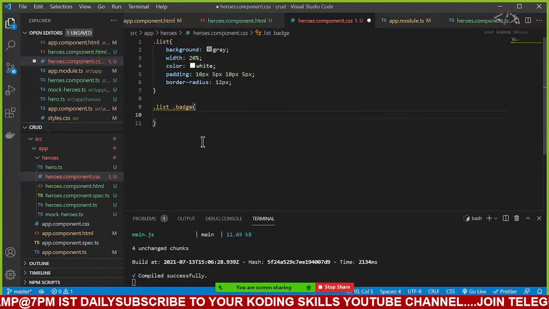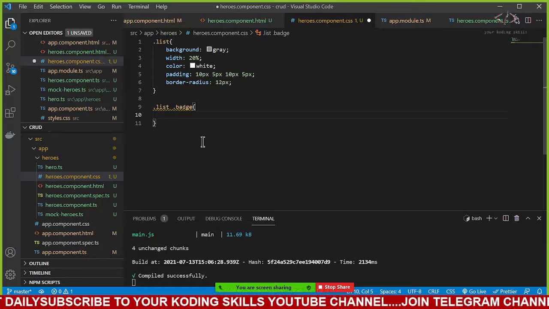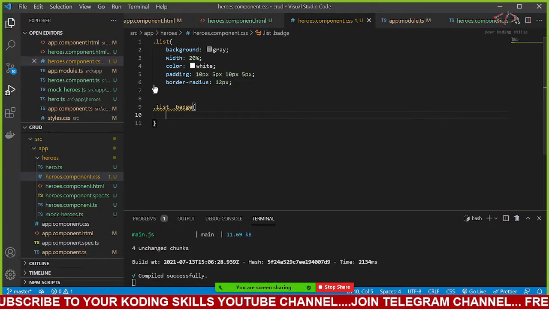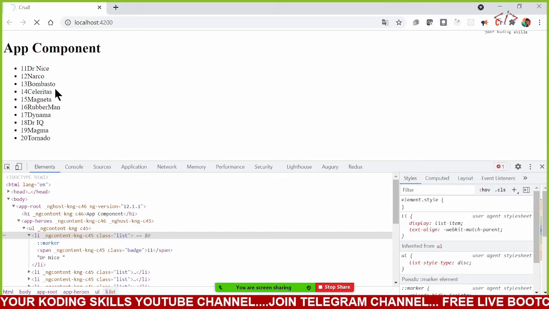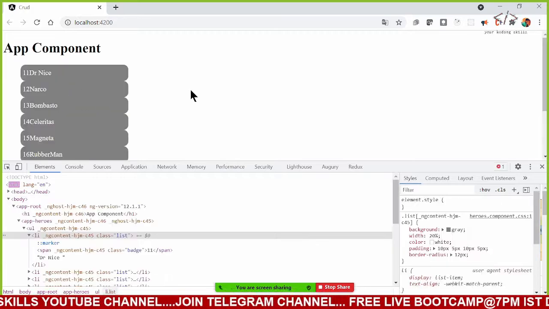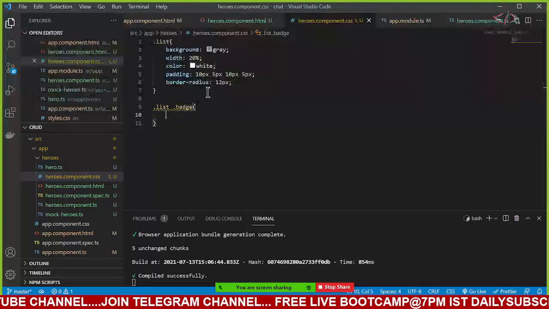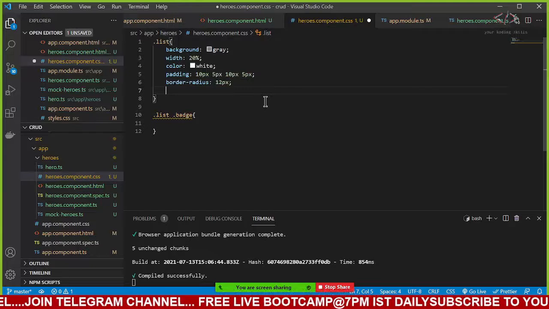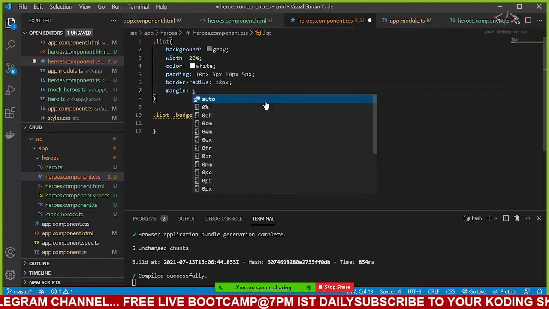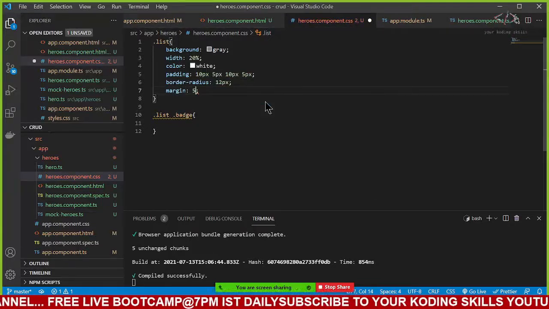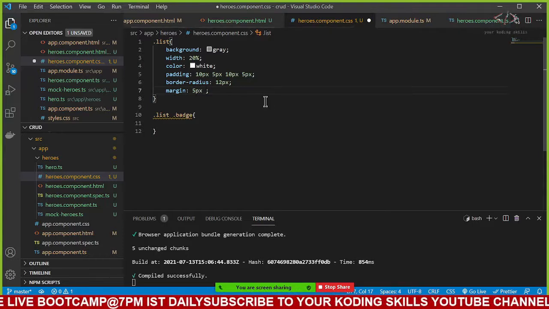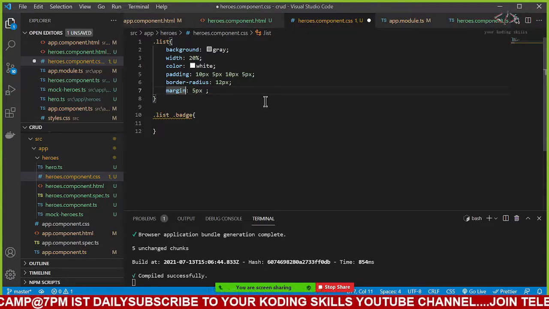And here for this badge, what I will do? We need to give some spacing. Let us give margin top of some 5 pixels. Margin top 5 pixels is enough.